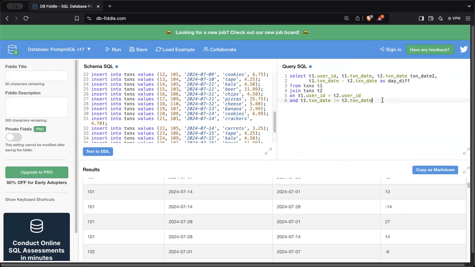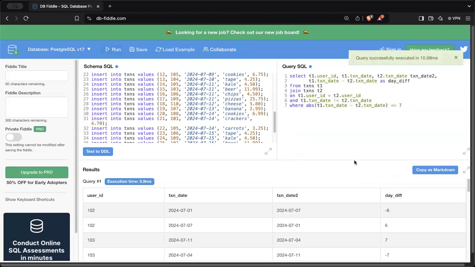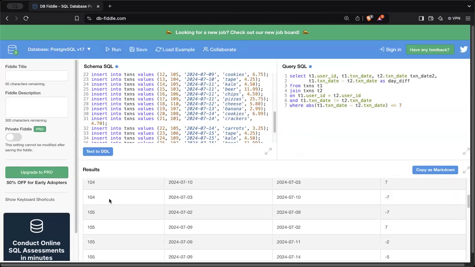But since we want only ones that are within 7 days of each other, we can do a where clause, absolute T1 minus T2 transaction date. And there you go. So these are all the permutations of transactions that are within 7 days of each other